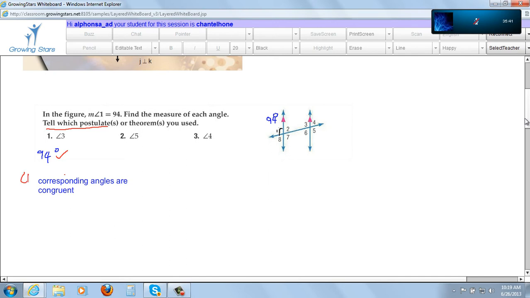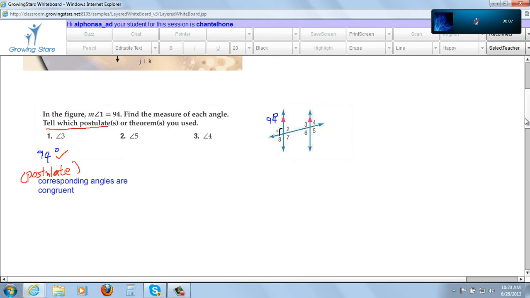And angle 5 would also be 94. What is the reason? Because if angle 3 is 94, then angle 5 must be 94 because it's a vertical angle. Okay, any other reason? Can you just tell me? Angle 5 can also be 94 because it's also the